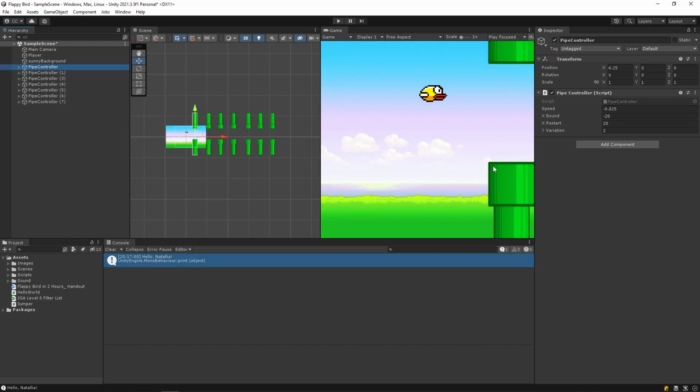What TMP is, text mesh pro, Unity used to have, it still has, this old text component that wasn't super great. It was a little bit limited, and it did the job, but there was a lot of things it didn't do. And so some other people created Text Mesh Pro as an upgrade to that, and Unity decided they liked it so much, the fans decided they liked it so much that Unity just added it to the base editor, which is amazing. That also means for some reason whenever you import the first text object, you have to click this Import TMP Essentials button. I don't know why they do that. You literally use text in every game, so I don't know, you do you, Unity.